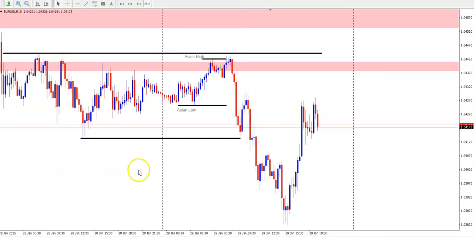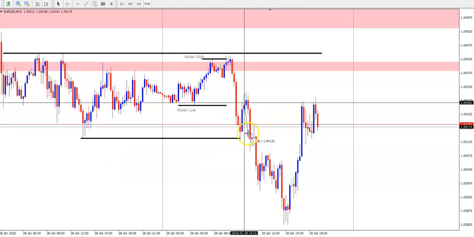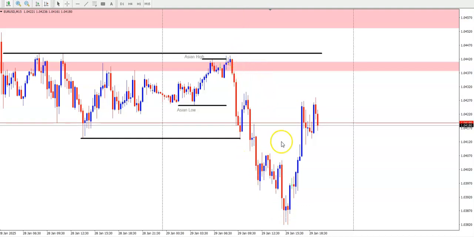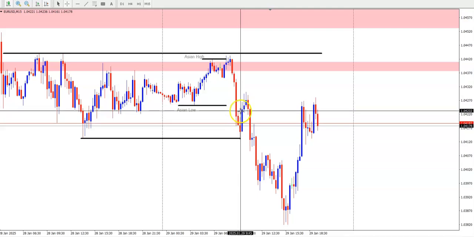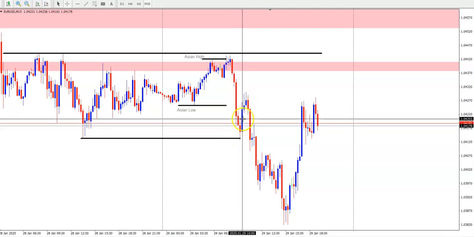You should not make yourself angry that you missed this move. For example, it could be a nice risk and reward trade here, and you should not be mad and angry that you missed this kind of move, because you are following the plan,